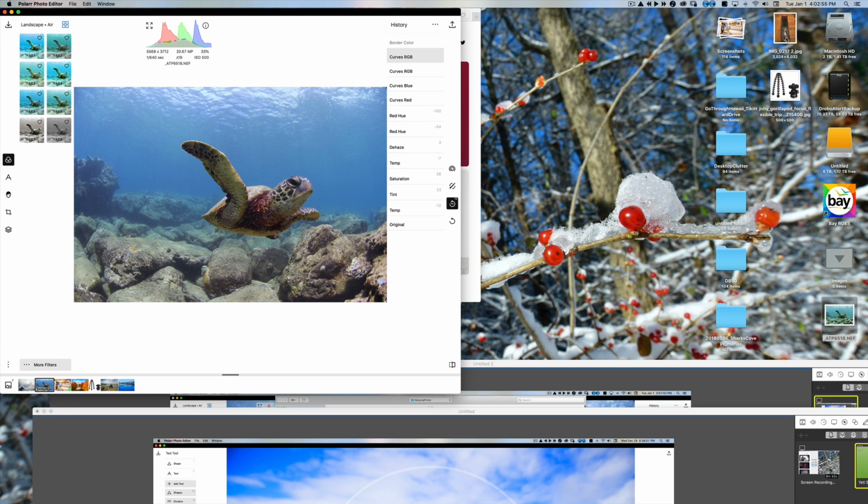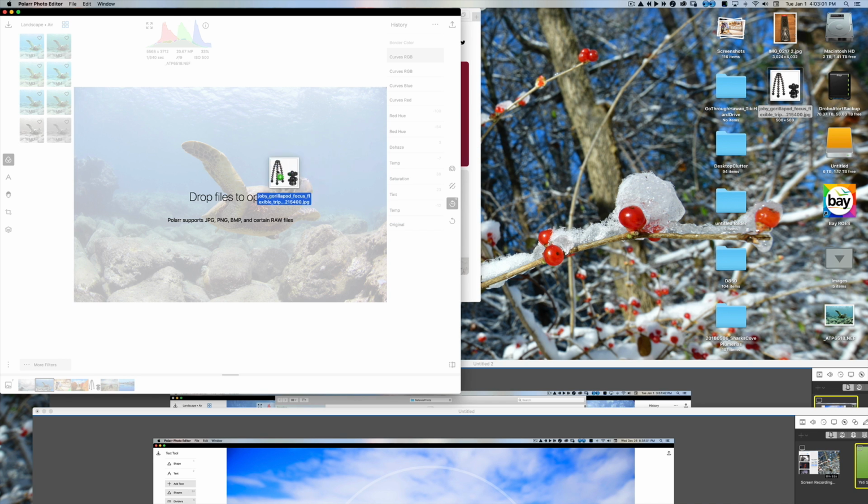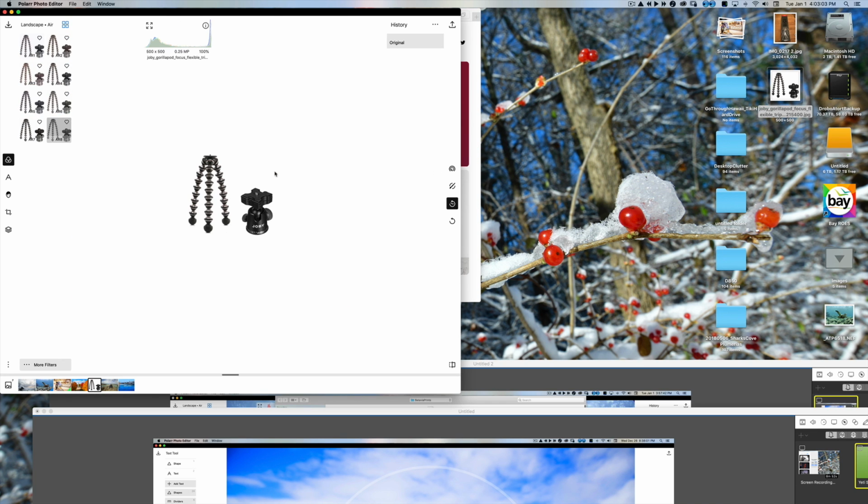And I could also go ahead, let me see. This is just a random image of my Joby tripod. And I can drag and drop into the photo editor window, and that will also open your image. So if I drag this NEF, boom,